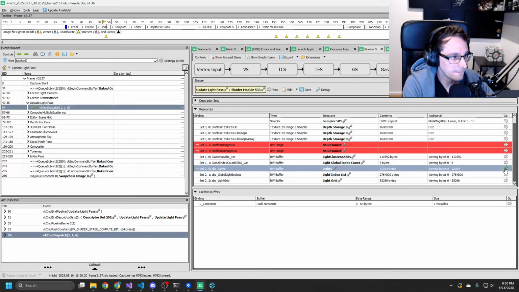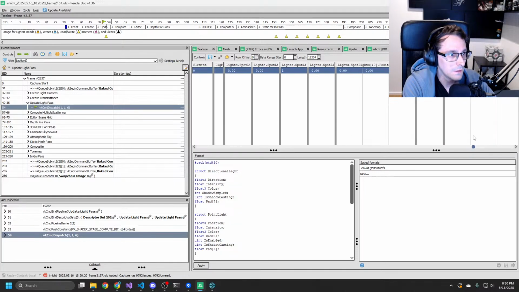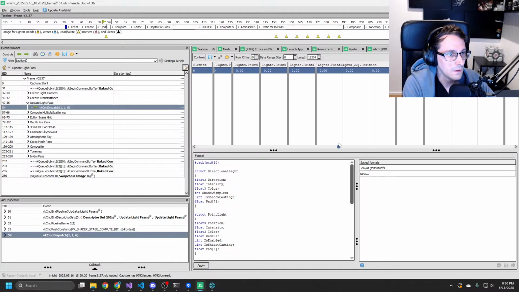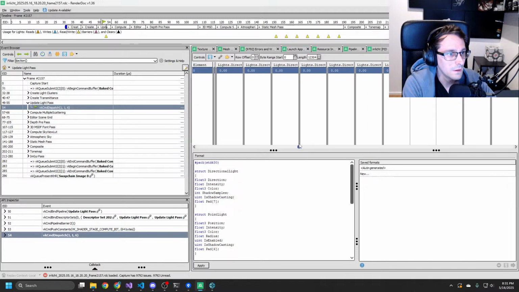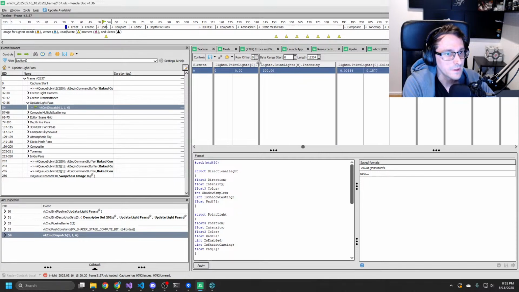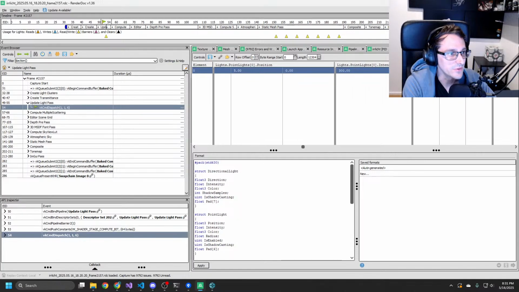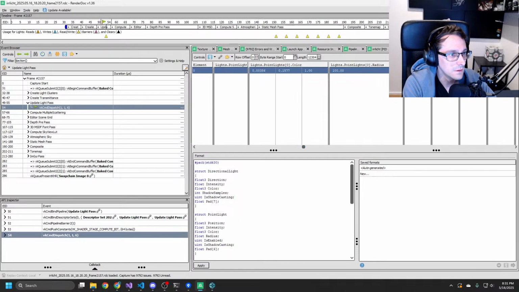Pipeline. Point light intensity, point light position, point light color, radius.